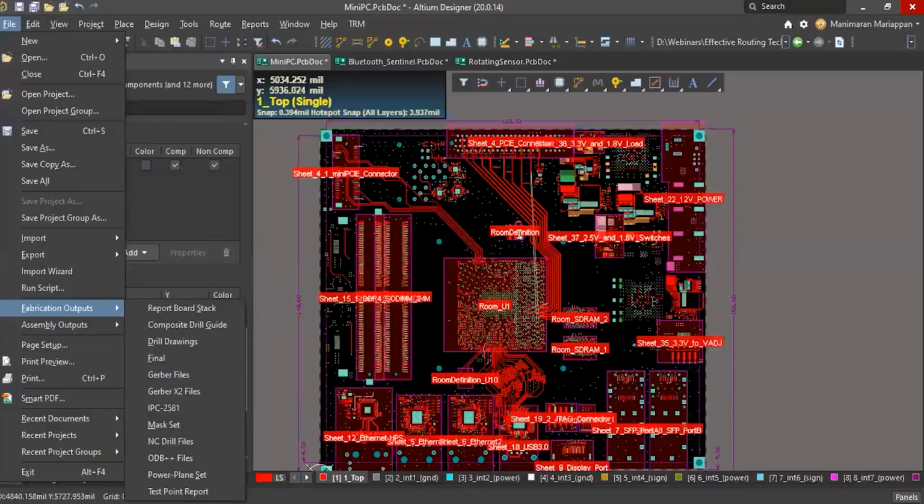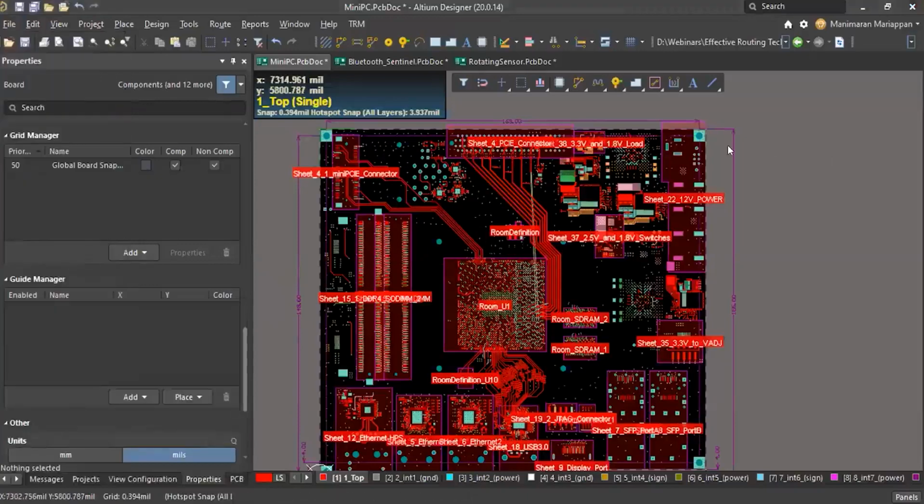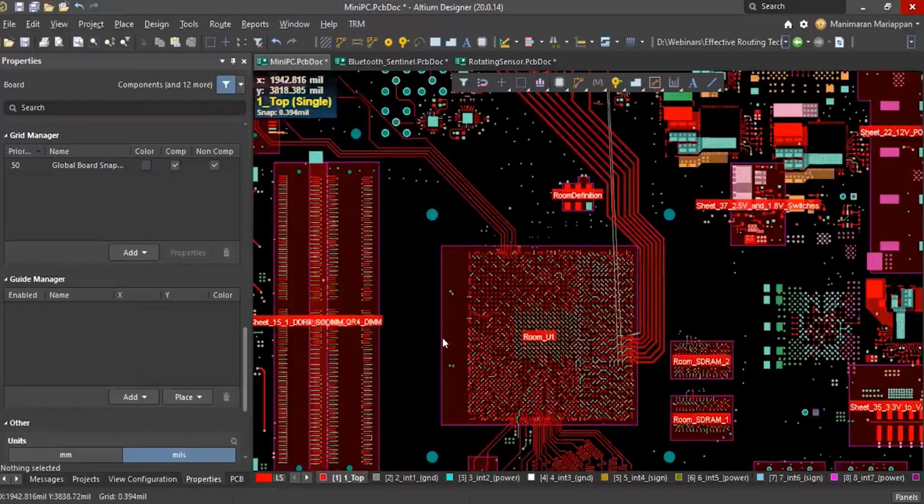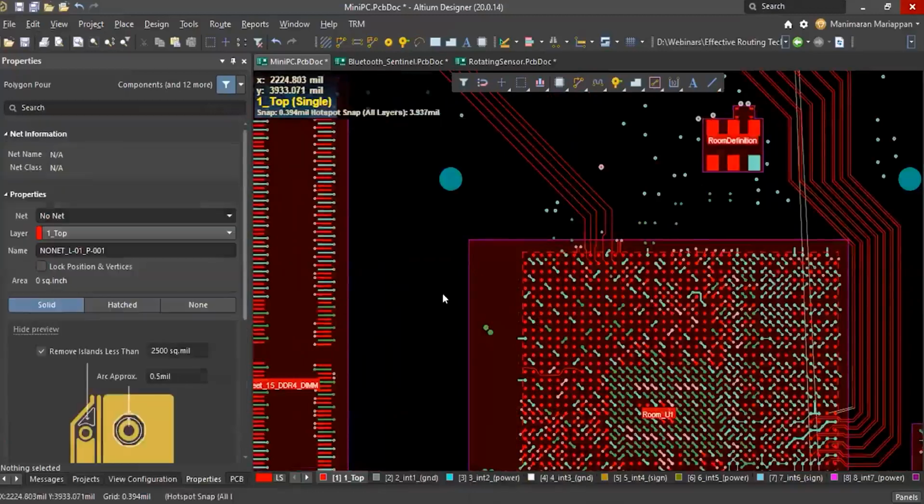Hello, Manish sir. This is Akshay. My question is, what is the difference between room and polygon? See, a polygon is copper. If you place the polygon, it's a copper feature.